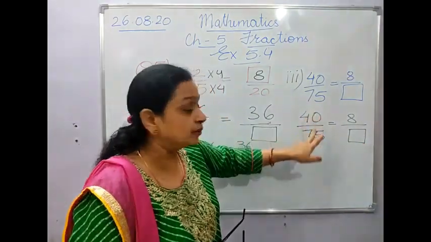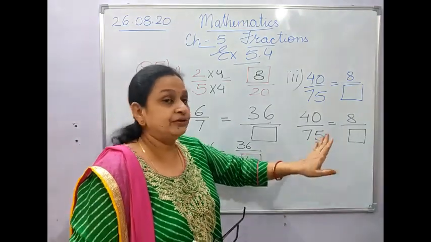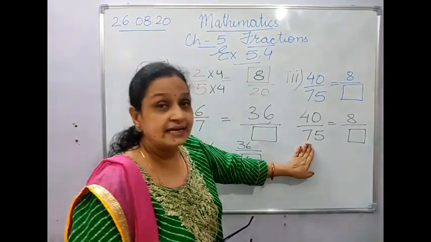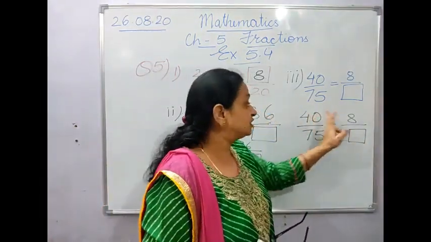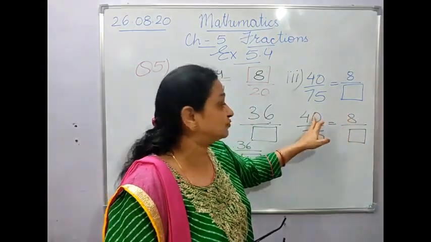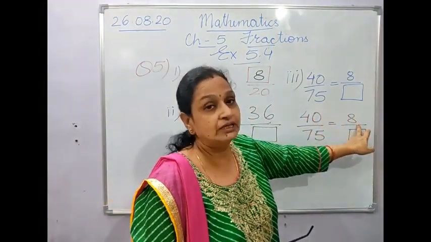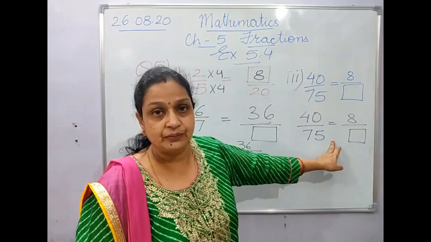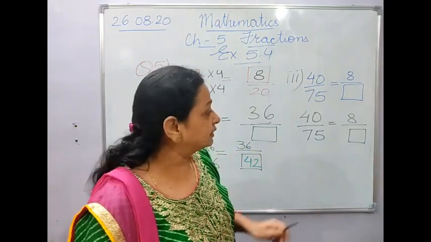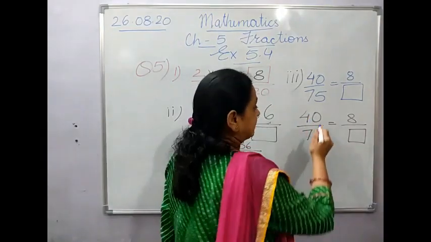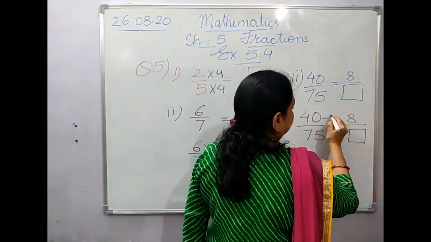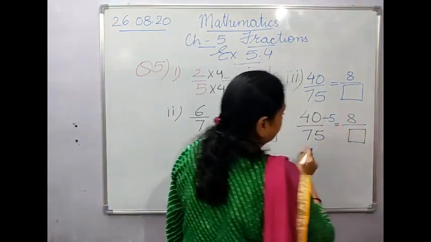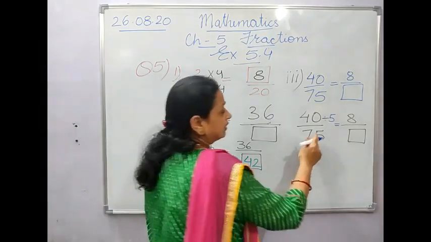That means you have divided this, because when you divide, only then can you get the smaller answer. Be sure of that. 40 is bigger than 8. That means you have divided this 40 by something by which you have got the answer 8. And that same number will be used for the denominator also. So we know that 5 8s are 40, that means we have divided this by 5. I'll put down the sign out there. And that means you have to divide this also by 5 only.